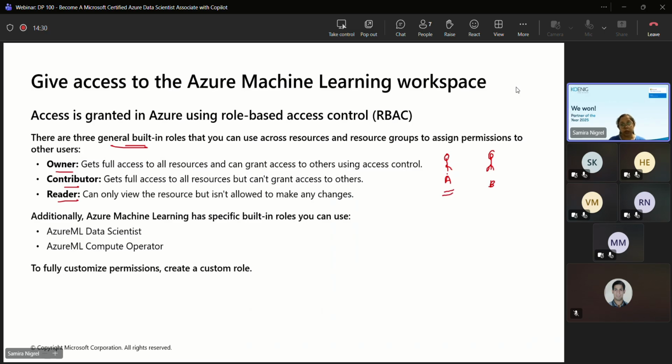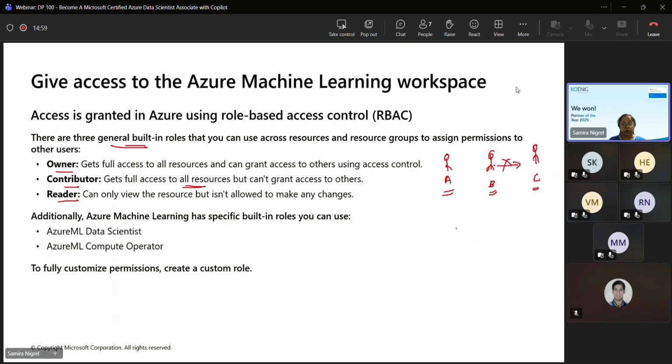That means whatever resources user A has created, user B will have access to all of them. Along with that, user B can make user C an owner or do any other access control granting. If user A makes user B a contributor, user B will have access to all resources user A has created. They cannot give access to user C.